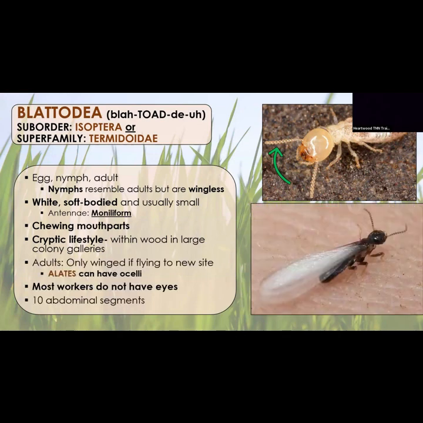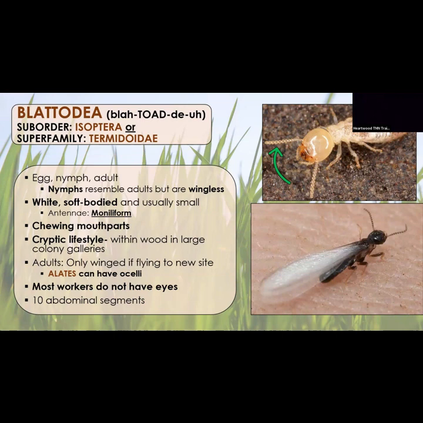That's their life cycle. They eat galleries. They do have winged morphs. That's sometimes what you see flying around. It's not a flying ant. It's a flying termite. And they're just trying to find a new colony. And they're called alates. So that's often used as well for winged ants. They're also called alates when they're winged and they're leaving to start a new colony.